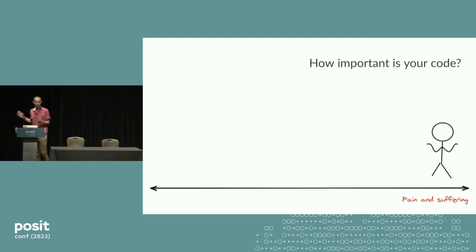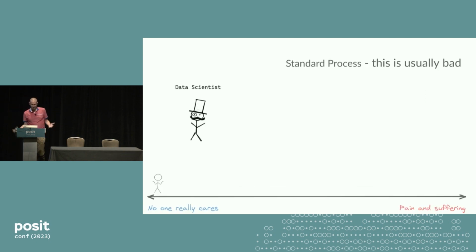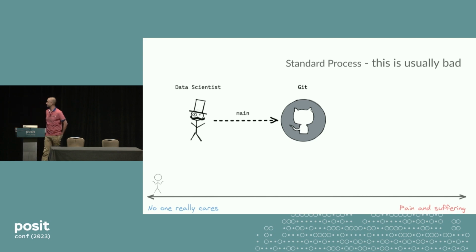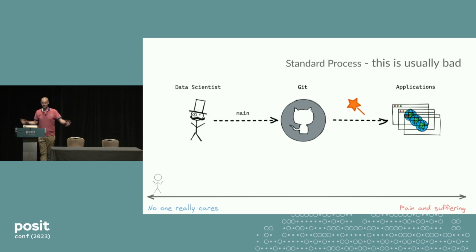Not quite sure which side of the screen I want to be on, but we've got a line, right? So it's no one cares, pain and suffering at one end. So this is a standard process. We've got a data scientist who's also an extra from Downton Abbey, and he likes doing code, so he pushes straight to Git, pushes straight into main. And then he's got some magical wand, and magic happens, and things just sort of spring up somewhere. Who knows how it happens? It's just, no one really cares. It just sort of works-ish. And this is usually bad,